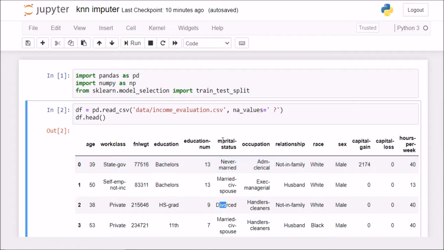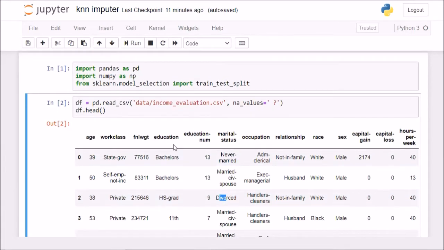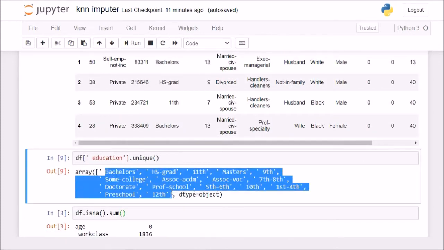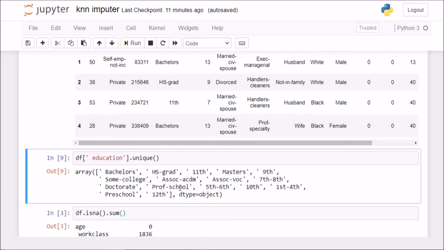If I check, for example, the marital status column, if I assign never married as 0, married civ spouse as 1, divorced as 2, it wouldn't make much sense, right? Because we know that there is no such ordering in that column. However, if you look at this education column, we will notice that we can put some ordering here, right? For example, preschool is 0, then first to fourth we assign number 1, then fifth to sixth we assign number 2, and so forth. We can give the maximum value to masters, and I think doctorate is the highest here.